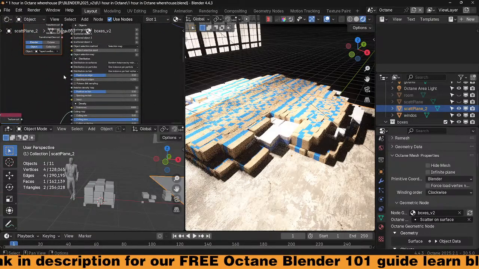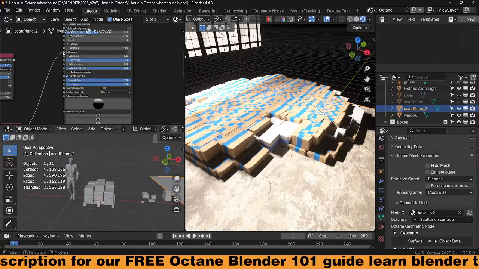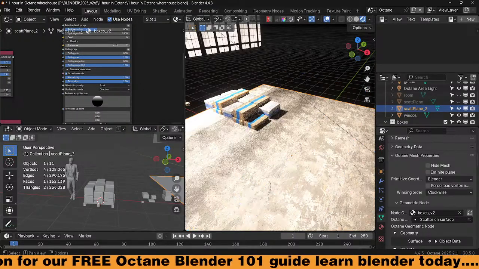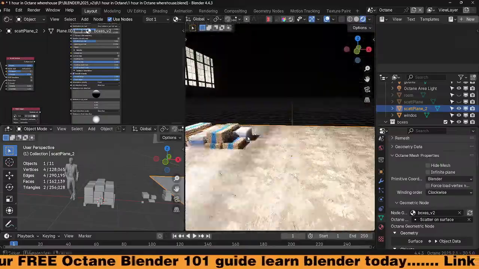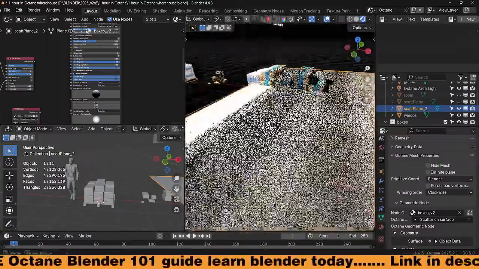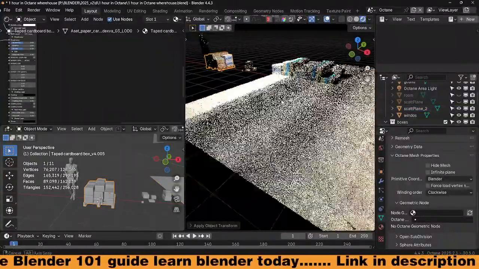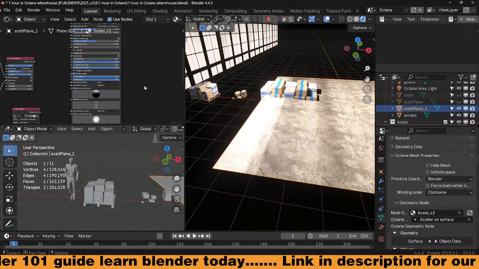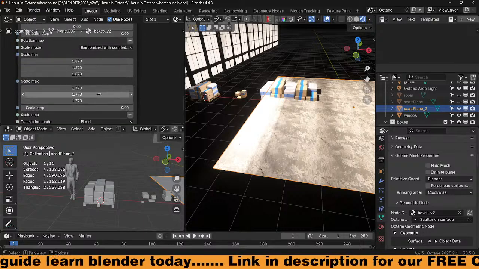I'm going to take this out of here. We're going to set this back to sequential. We're going to take the current map out for now. We don't need 2,000 of those. We're going to actually put like 2 of them for right now. And then the scale is off. Yep, let's click on that, press apply scale just so we can get that set. And then clicking back on plane 2, we're going to come back down to scale right here,